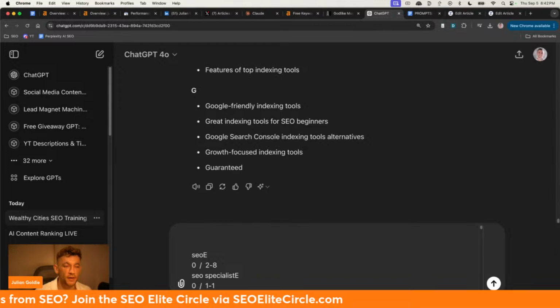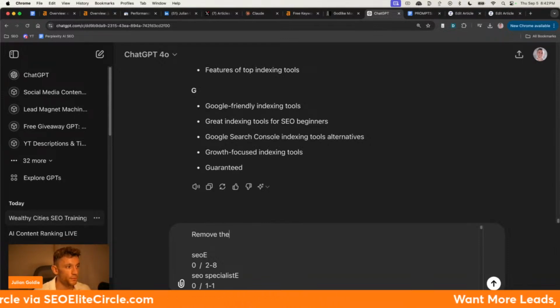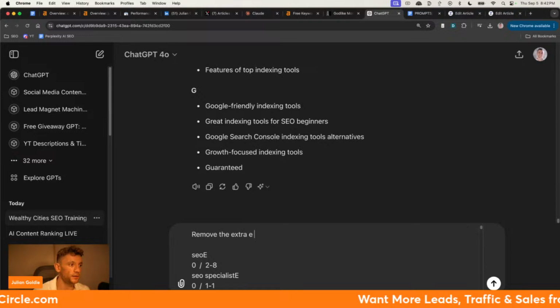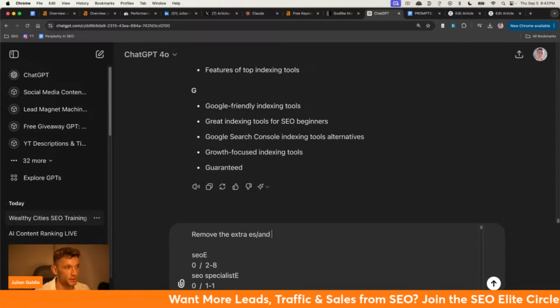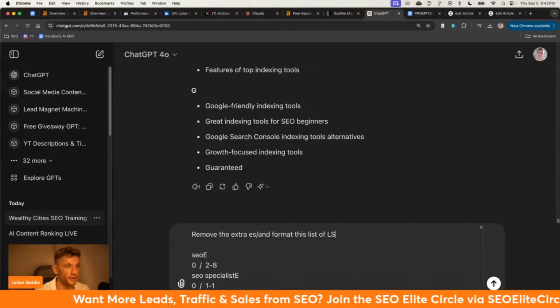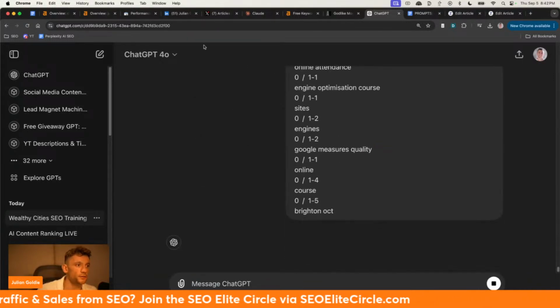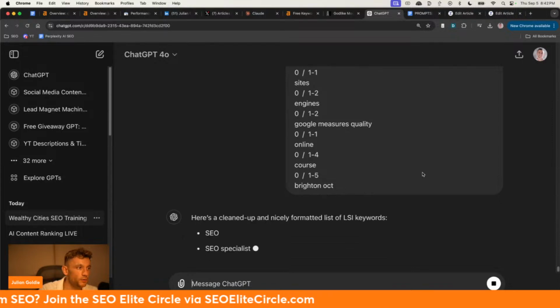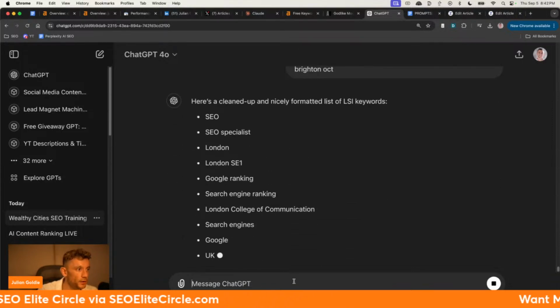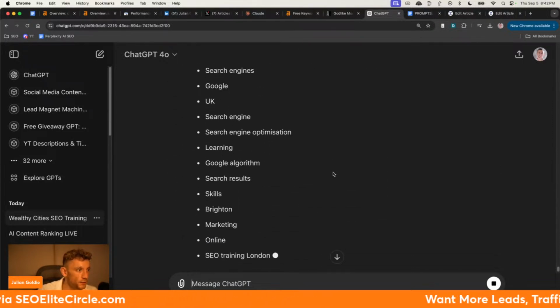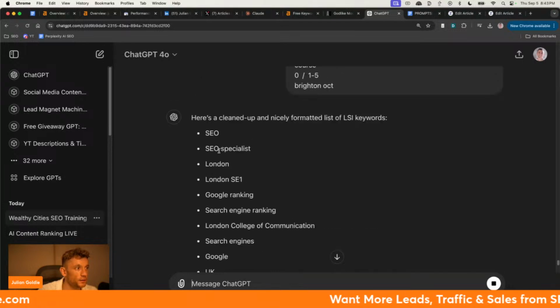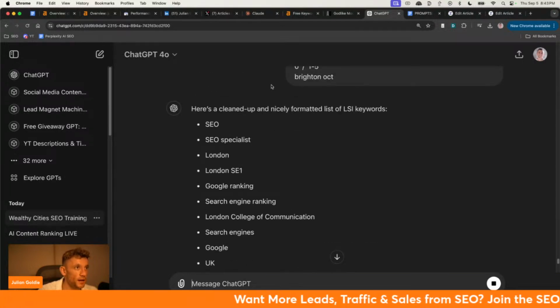But from here, what I'm going to say is remove the extra numbers and format this list of LSI keywords nicely. And we'll see if that does the job. It might not do the job, but we'll have a little go. Yeah, so you can see it's doing a much better job of just sorting out the list and formatting it,